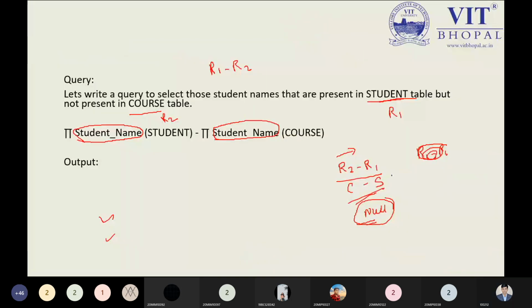This is the point. The reason is clear: all the values of name exist inside the student relation. So let me write correctly.